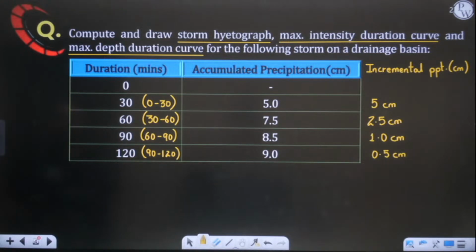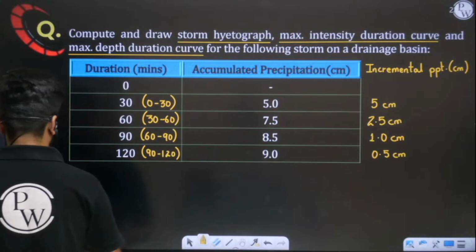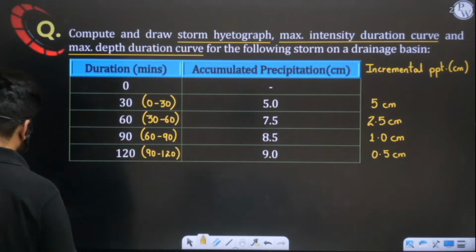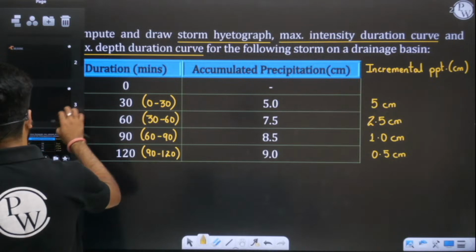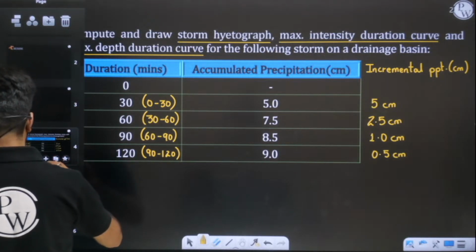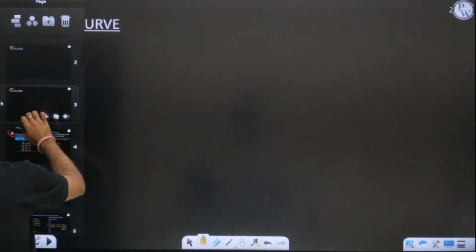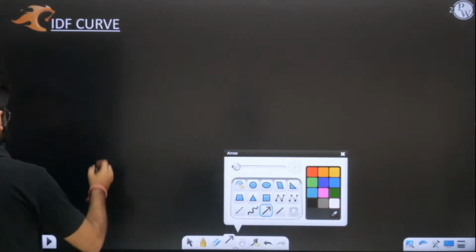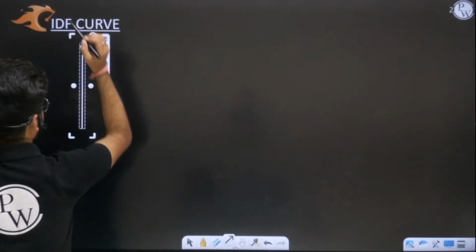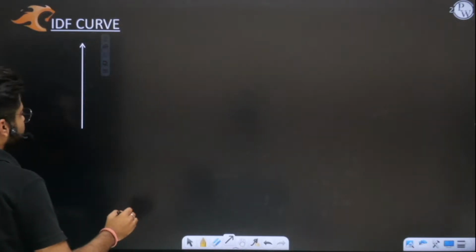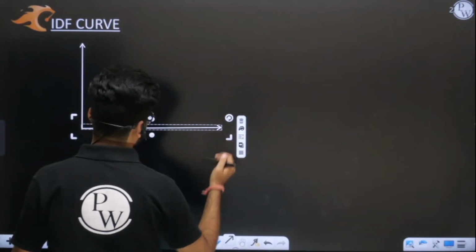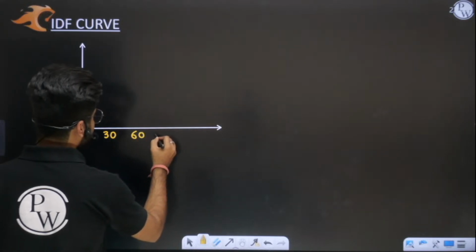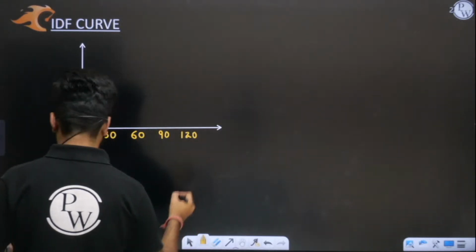Yes, perfect, Sushil. So first we have to draw the hydrograph. So first we are going to draw the hydrograph here. Let me draw it on the next slide. Let me check if we have slides. We have it. If you draw the hydrograph here, obviously in hydrographs, the durations will be 0 to 30, 30 to 60, 60 to 90, and from 90 to 120. If we talk of intensities,